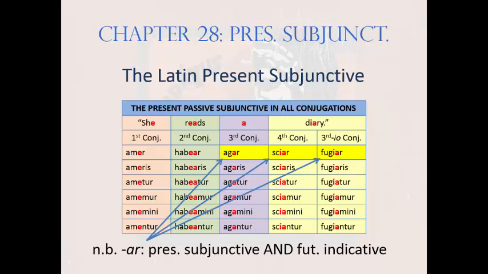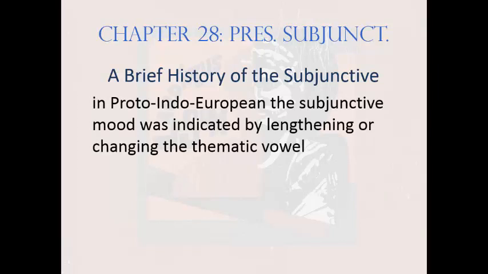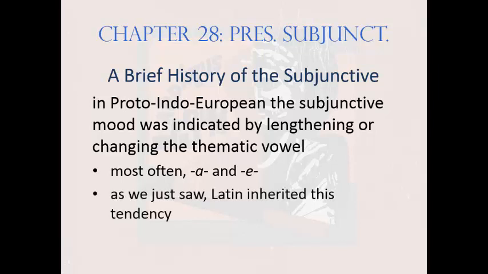What's going on here? Ding dong! It's linguistics time again! Skip ahead if you're not interested, but for the nerds in the audience, I'll try to make a little more sense of all this subjunctificational nonsense. Proto-Indo-European, the mother tongue of Latin and many other languages, indicated the subjunctive mood by lengthening the vowel or changing it so it was more colorful. So you noticed it. Amas. Ames. Big, juicy sounding A's and E's seem to have been the Indo-Europeans' preference, and Latin as an Indo-European product